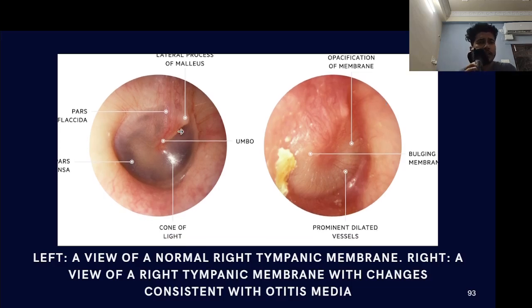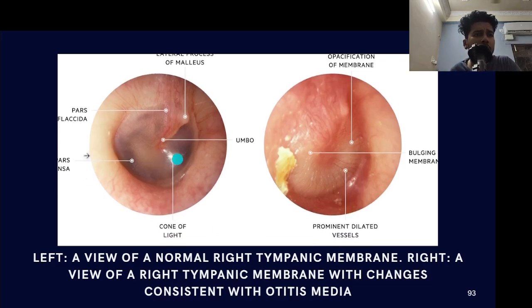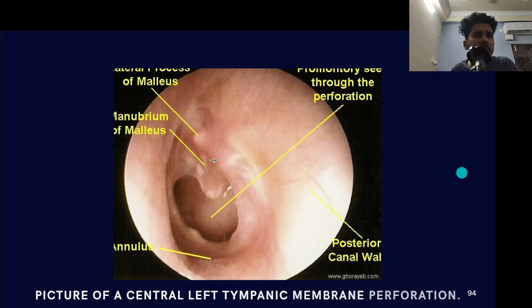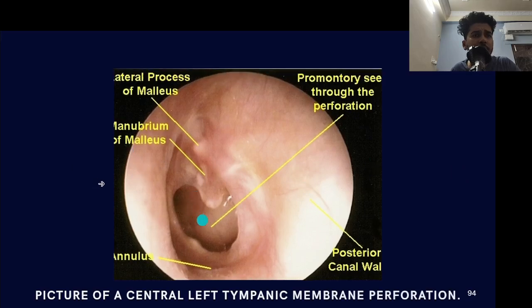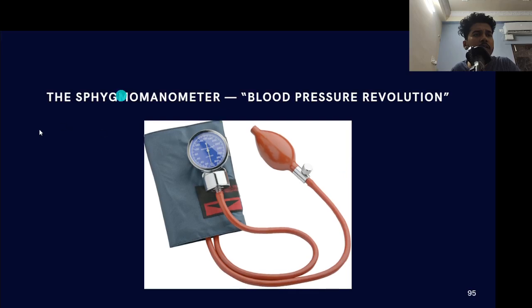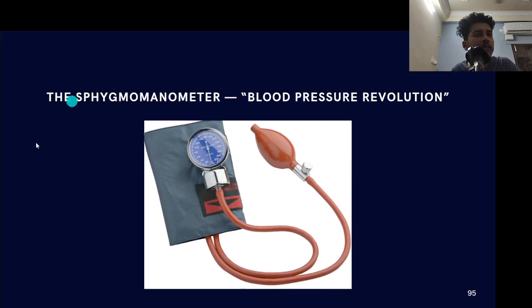And here, on the left side, you have a view of the normal tympanic membrane, and on the right side you have a view which changes consistent with otitis media. You can see there is bulging of the membrane, and there are prominent dilated vessels. Now you have a picture of a left central tympanic membrane perforation, as you can see over here. And that is it with our ENT stuff. We are going to look at the